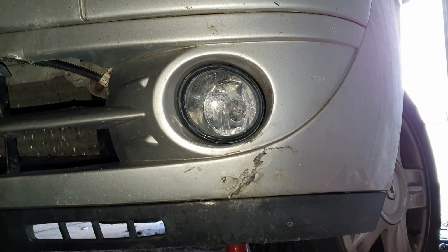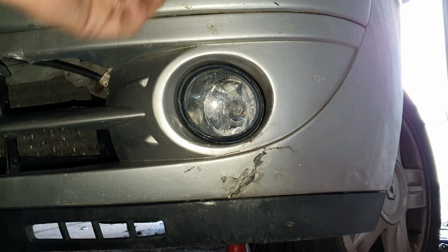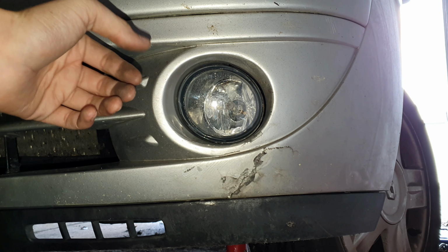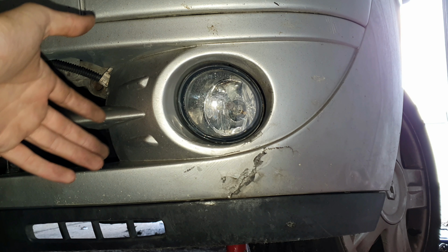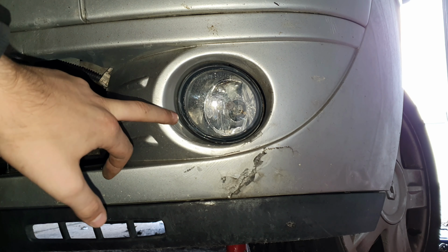Because I know it's not a very up and coming car, it's not a very exciting car. I mean, the 1.2 does sound a bit raspy, but most of the point, if you have these issues or you find yourself with a second-hand car, maybe it isn't a Clio, maybe it's not even French, maybe it's something else completely different, but you've got issues like this, like a broken fog light mount,